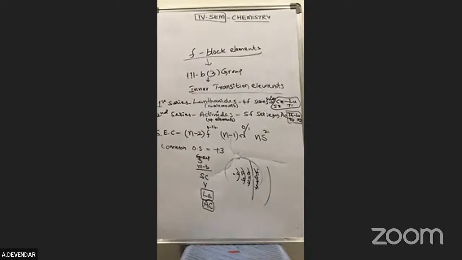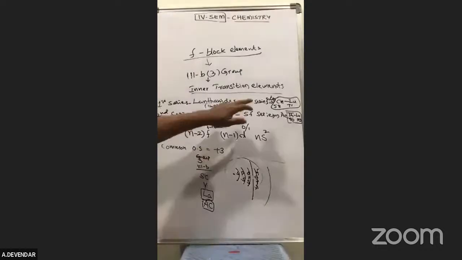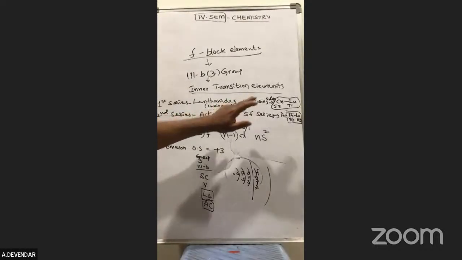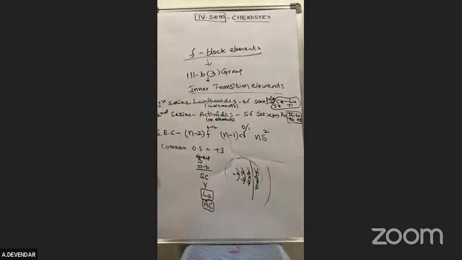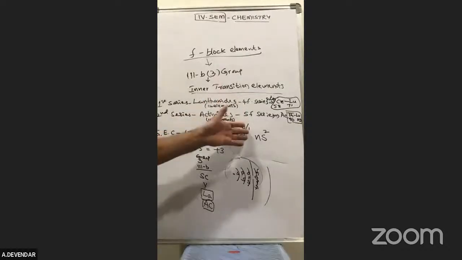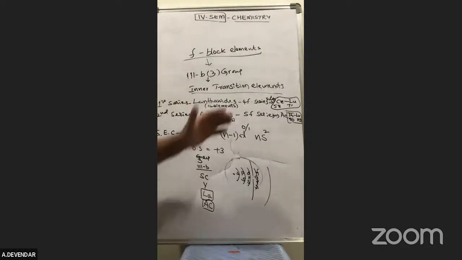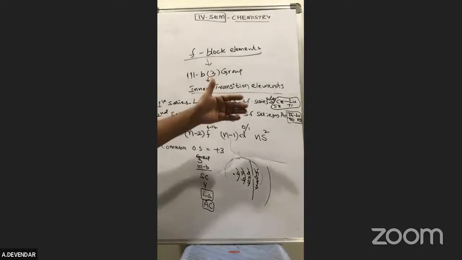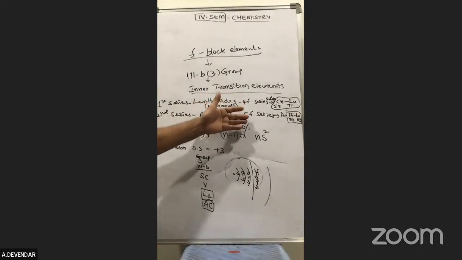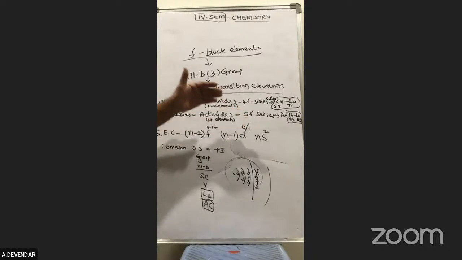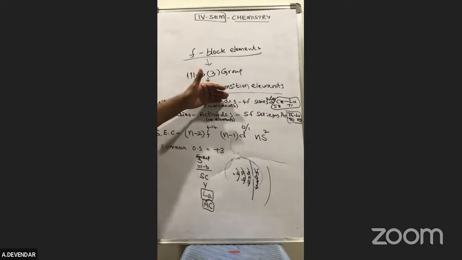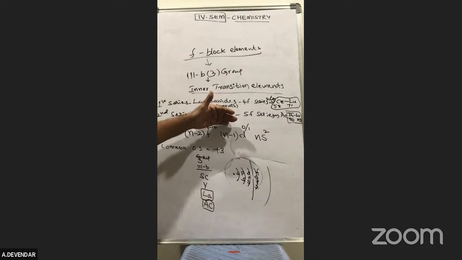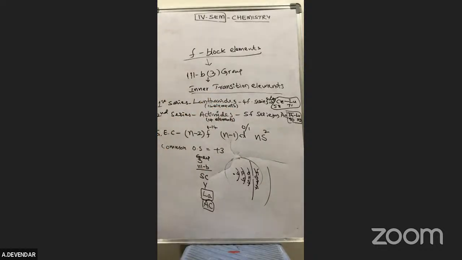And here one more important point is that these are non-radioactive in nature and these are radioactive in nature. This point must be written. The remaining are common, so anybody can write 4f, 5f. And also bonding energy will be there. They have less formation of complex compounds, and these have more formation. But these are the non-radioactive elements and these are radioactive elements. If you observe the radioactive elements,